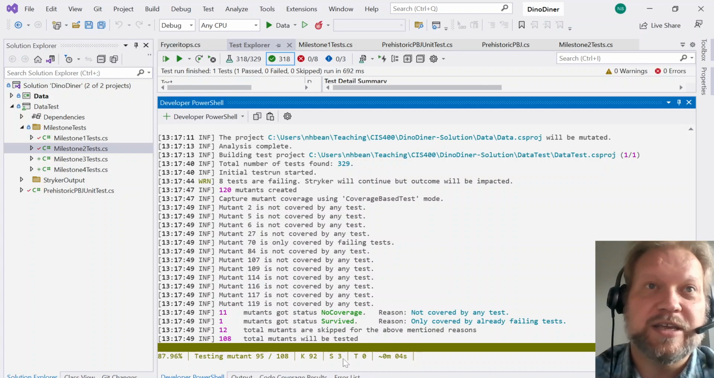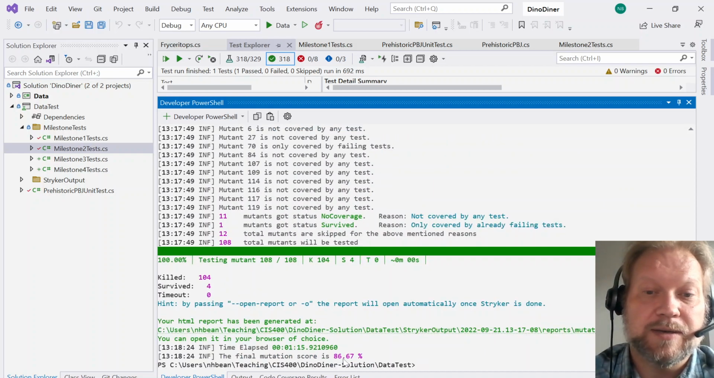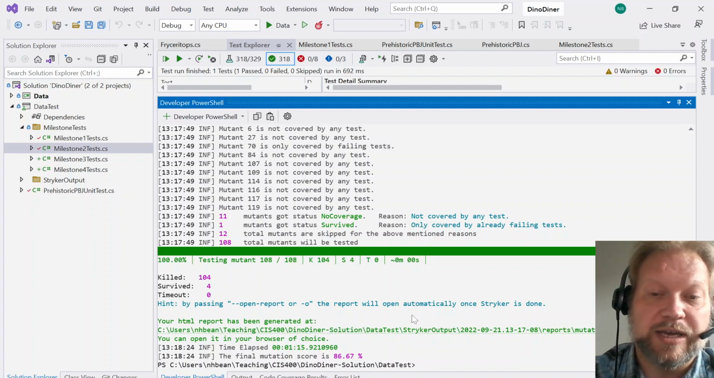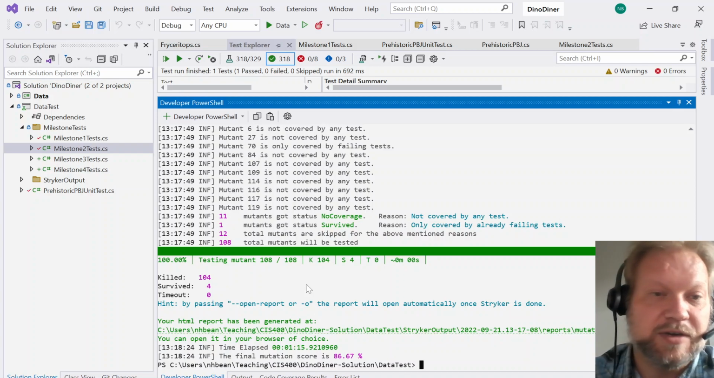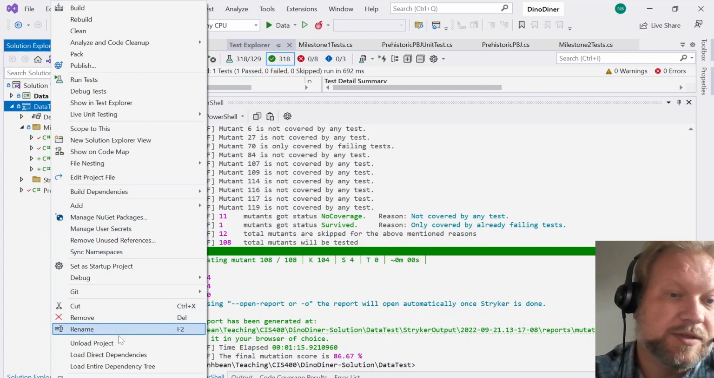This is an inexact tool, just like code coverage, because there are some parts of your code that just simply aren't going to be executed. All right, and that generates a little report that we can take a look at. I didn't pass in the -o tag flag option, so we can just look in the reports. It's in our data test project. So if I open this